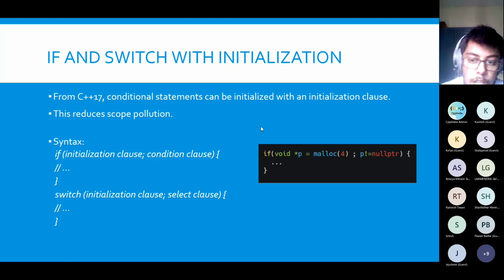If we move this outside the if statement, and then we are just checking whether p is a null pointer or not, that is the usual mechanism that we follow: moving this code outside and then just checking. But p still remains in the scope, right? Then this can cause some kind of pollution where the other variables are also able to access p, and it is not very clear. So why not just initialize it inside the if statement, and then you will be able to use it inside if and else later. So if we use p in the if initialization clause, it will be available in the else as well.